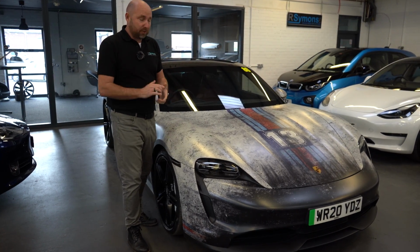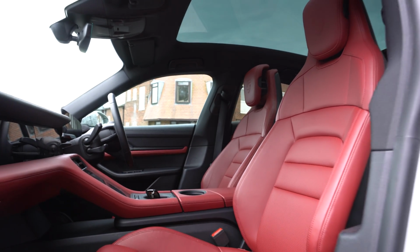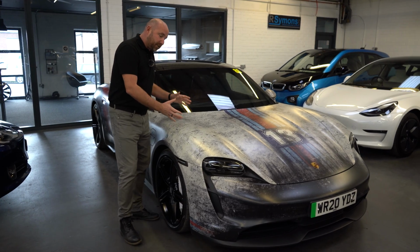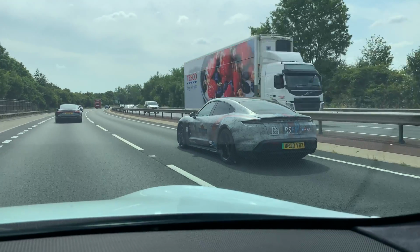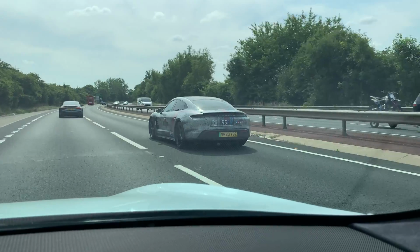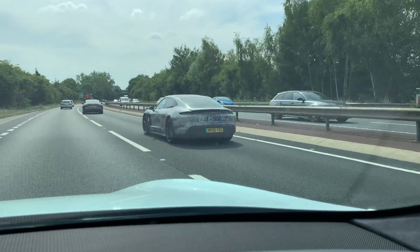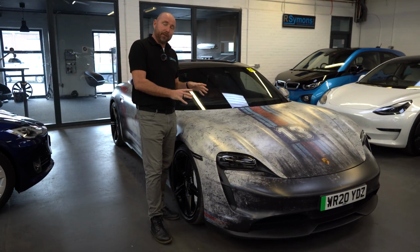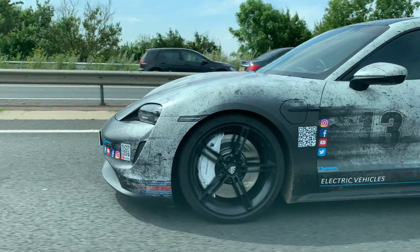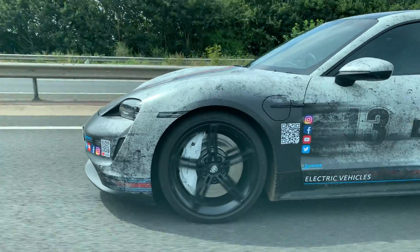What's it like to unwrap a car? And it's a bit of a sad day. It's obviously a very distinctive wrap. It's been great for getting attention for the business, and you drive it up the motorway and you'll see people smiling, and we've taken this to many shows over the last year and a half, and it's been good fun, great for attention, great for marketing for the business, but I've got to get more serious about selling this car